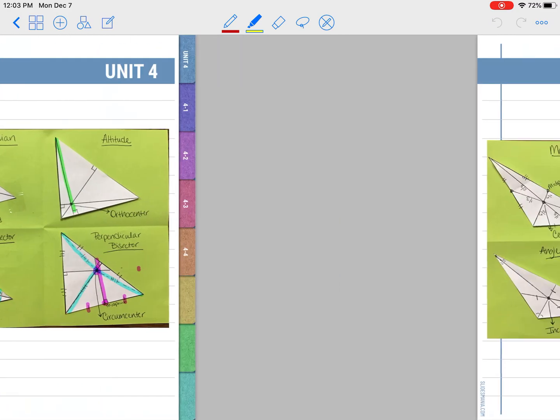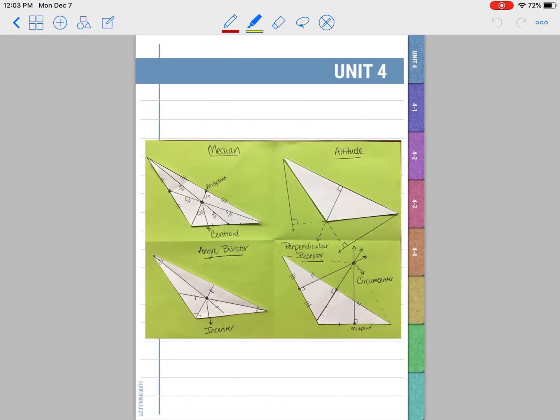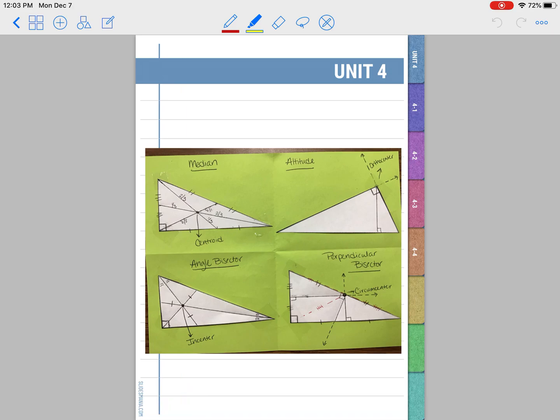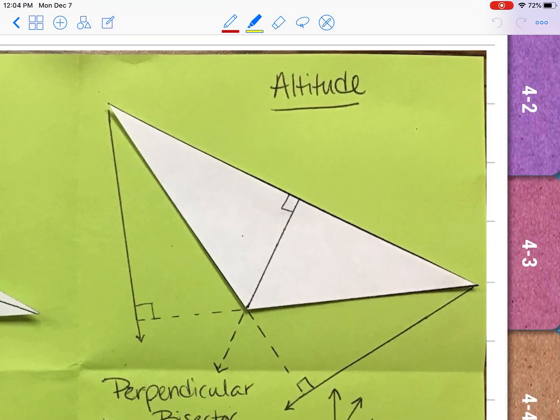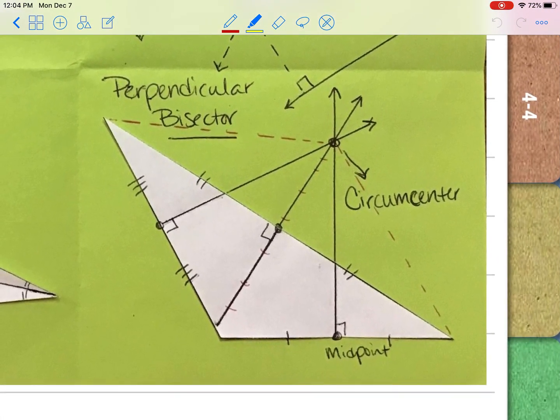Now, in your notebook, I went ahead and put a page for acute triangles. I put one for obtuse triangles, and I would put one for all the right triangles, just so you could see all the different options here. And if you look here, altitude, when all the altitudes meet up, they're meeting way out here. You can't even see it in the picture. The circumcenter here in an obtuse triangle is outside. So I just wanted you to have an opportunity